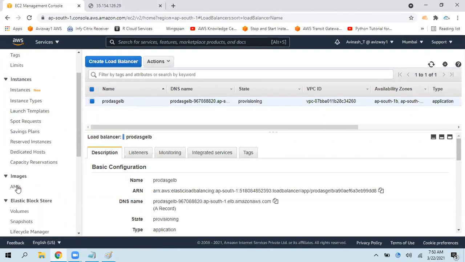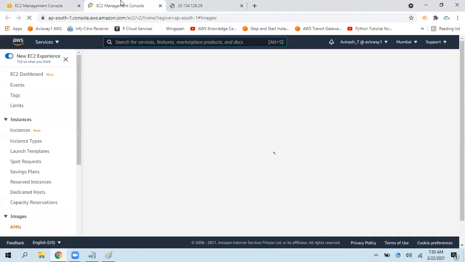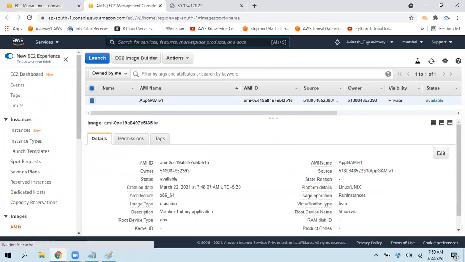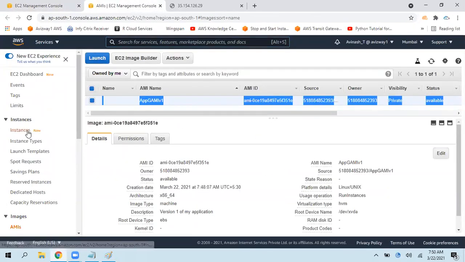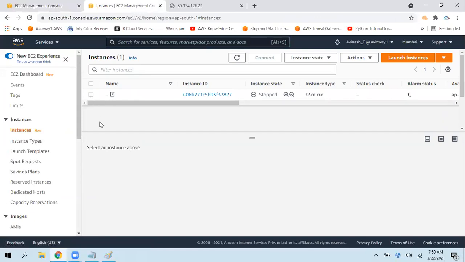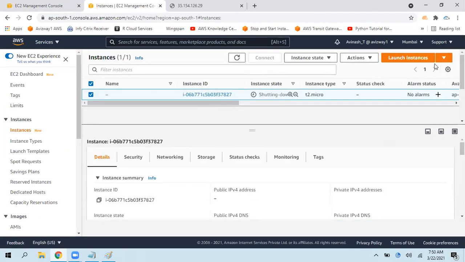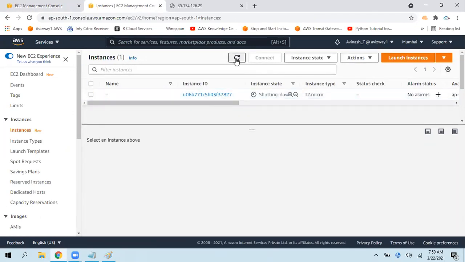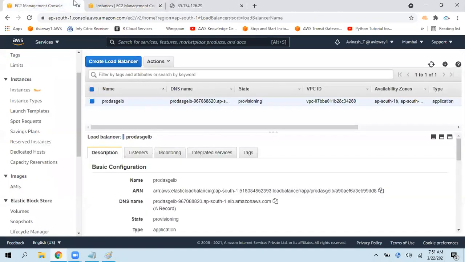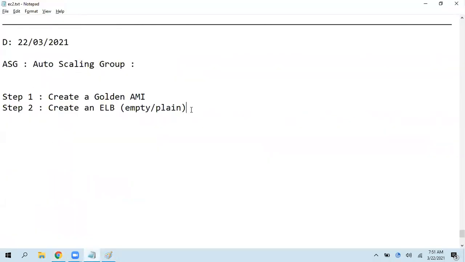So this AMI status, let's verify that. All right, it got created. Now I no longer require this EC2 instance as my AMI got created. Terminate instance, terminate. Now it's gone. Okay, so when coming to step 3 here,